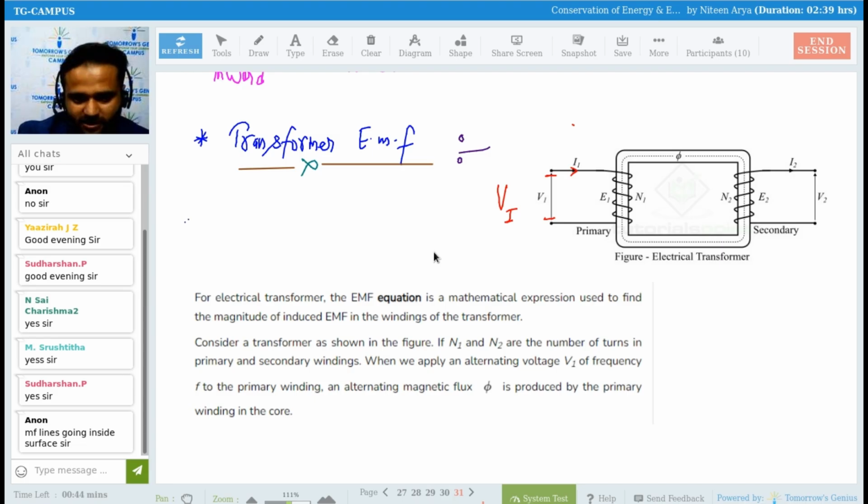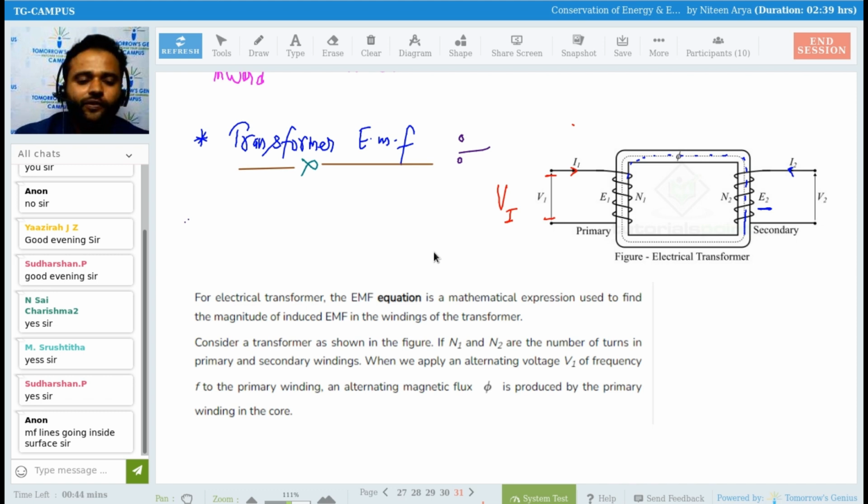So this coil behaves as a temporary magnet, and this temporary magnet generates a magnetic field. This magnetic field passes through this coil, as you can see by this dotted line. Due to the motion of this magnetic field in this coil, there is a generation of induced EMF, which is known as E2. Due to this EMF generated in the secondary coil, there is a current also. This induced EMF E2 we can take as V2, the potential difference. Same as in the previous story.